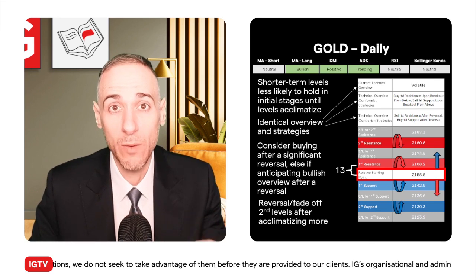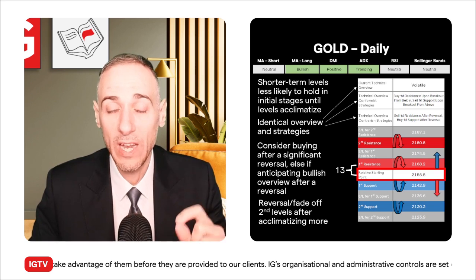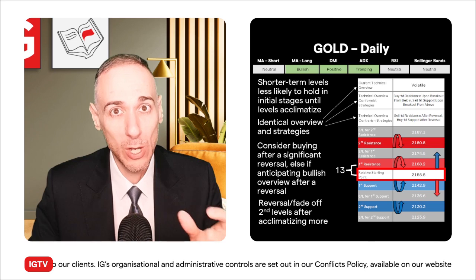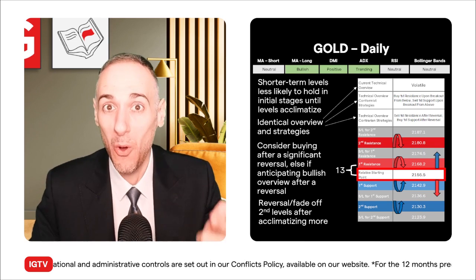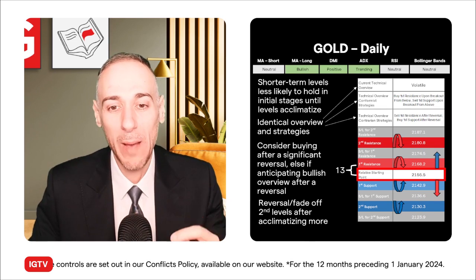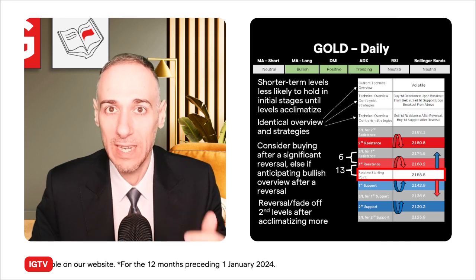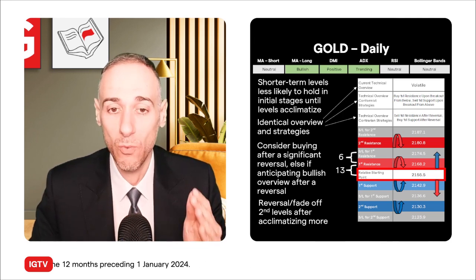And if there's a major volatile move, only under a volatile overview can you change it even within the day, because the one thing under a volatile overview is that levels don't generally hold. So the gap between the RSP and the first is 13, and from the first to the SL, we're looking at 6, again depending on your risk-reward ratio.